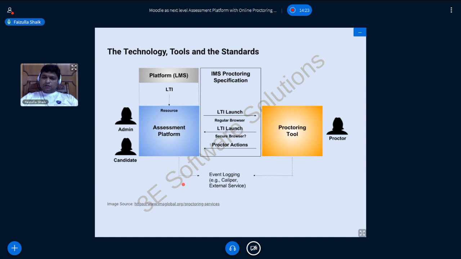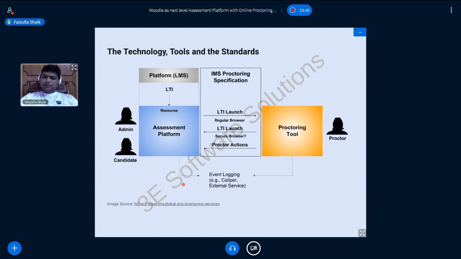So without leaving one environment, you can launch another tool, the proctoring tool, from your environment, and single sign-on and everything is taken care of. The way it works is you provide the launch URL of the provider on the consumer side, as well as the key and the secret.